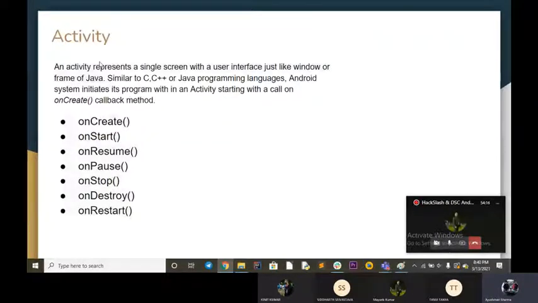Whatever you see on a particular screen is a single activity. When you click on a button, it goes to another screen. That's another activity. So like that, we have different activities, and we have different functions for the activity as well, like onCreate, onStart, onResume, onPause, onStop, onDestroy, onRestart. Let's talk about it.